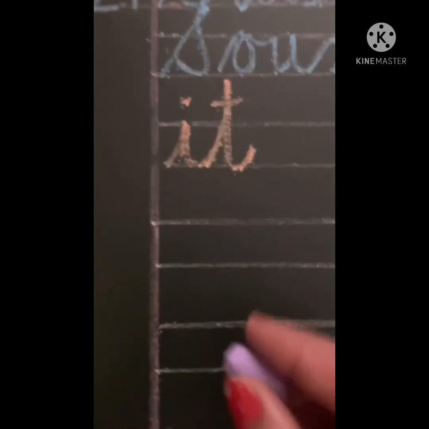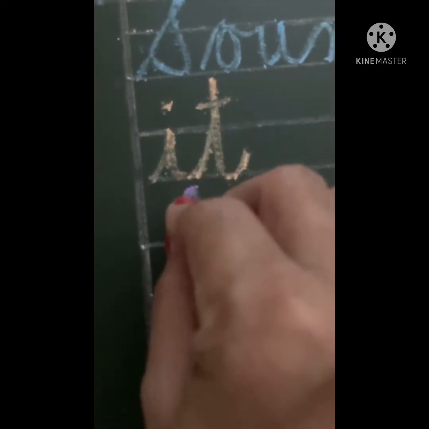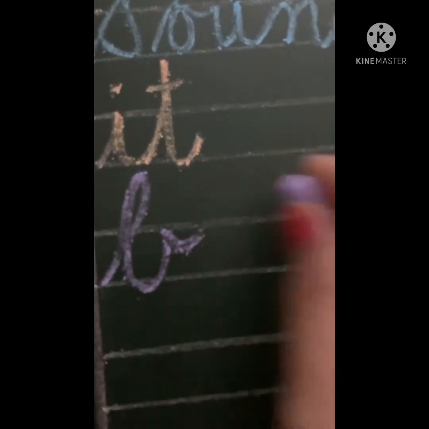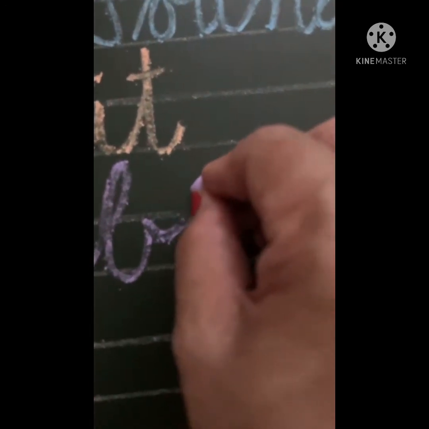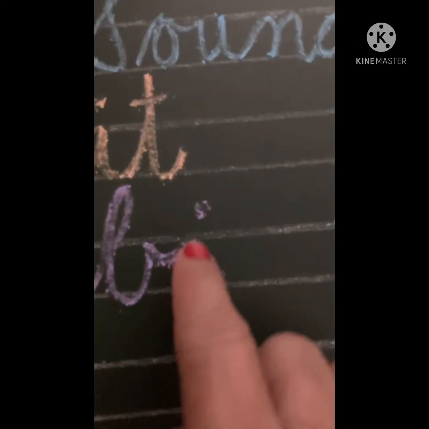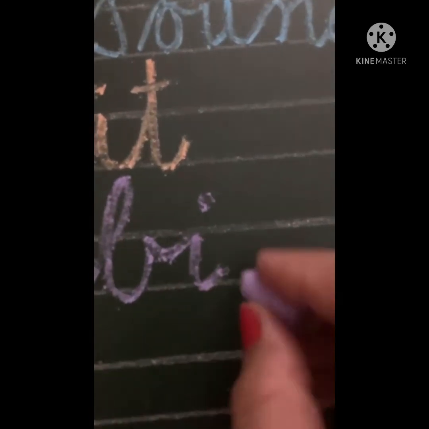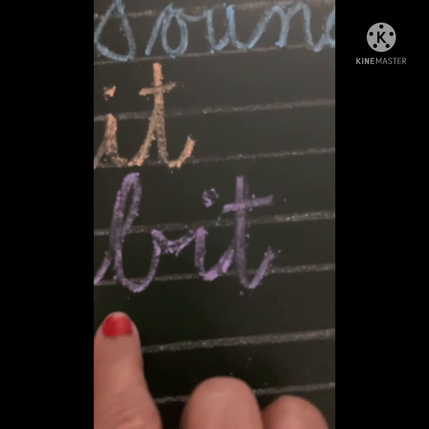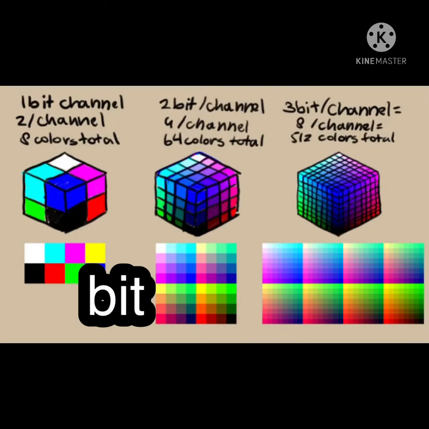Let's start with the first word. The first CVC word will contain the first sound, that is B. Extend its flick, and from here we have to come down in a straight line, and this will be I. The pre-flick of I is omitted over here. It is to be written like this. Extend the flick of I and make the T, and the word is B-it, bit. A bit is a computerized term, a small bit.